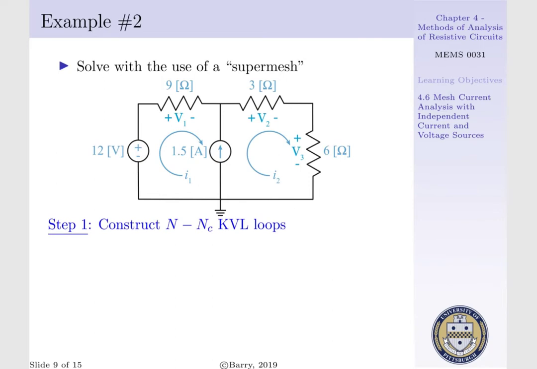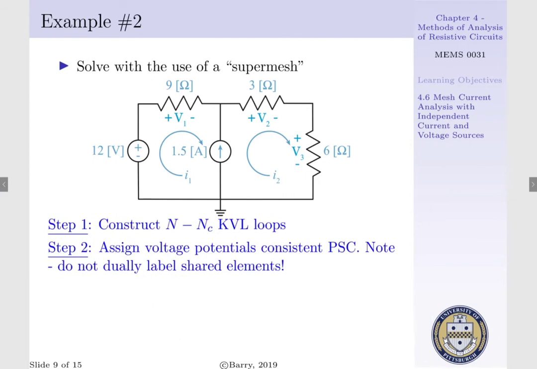Step 1 is to construct n minus n sub c KVL loops, such that we will construct one KVL loop that spans meshes 1 and 2, bypassing our current source. Step 2 is to assign our voltage potentials associated with their passive sign convention as to not duly label any